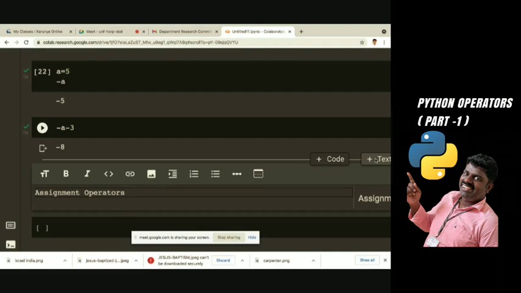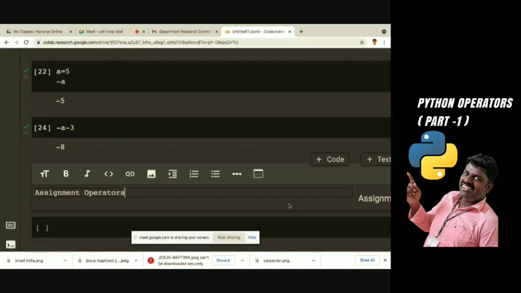So please be very clear with the difference between A equals B and A double equals B. A equals B is an assignment operator, and A double equals B is a relational operator, checking whether both are equal or not. That's why I'm stressing this. Normally the students will make mistakes in the code.